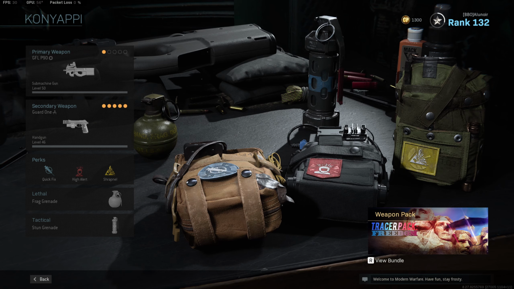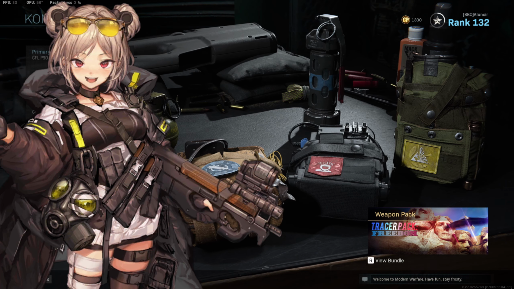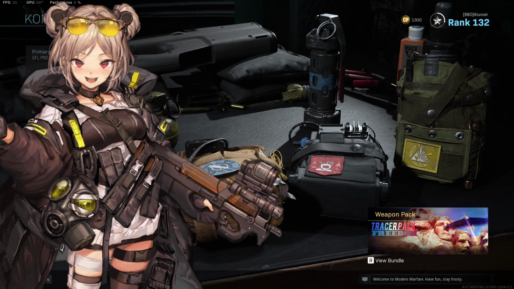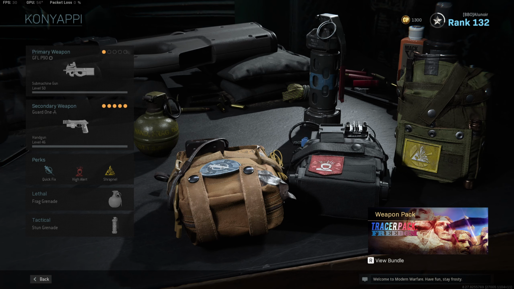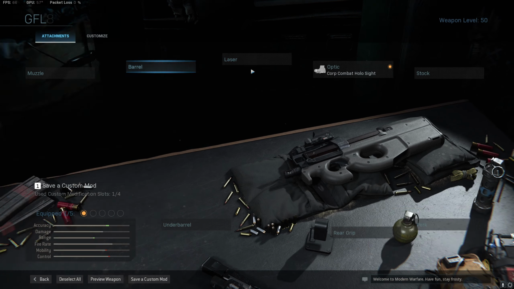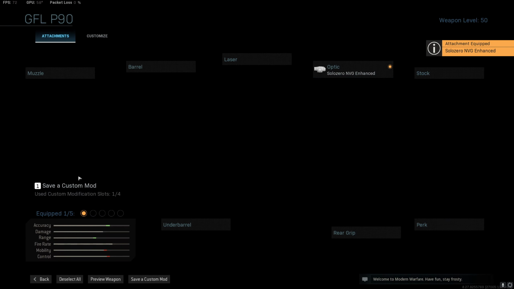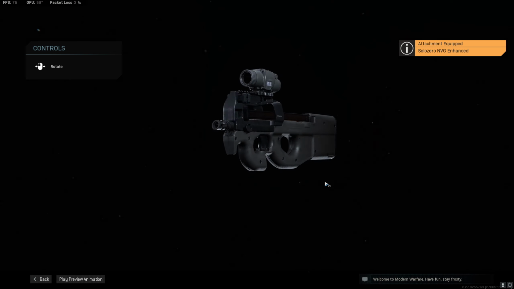So, the first thing we're going to be making a loadout of is her basic art, which is right here. So, I'm going to go into the gunsmith and make it in time. I do have a preset for it, but I would prefer to show you where to select the attachments. And so the Soyuz Zero NVG Enhanced is her optic, or at least the closest one I can get to